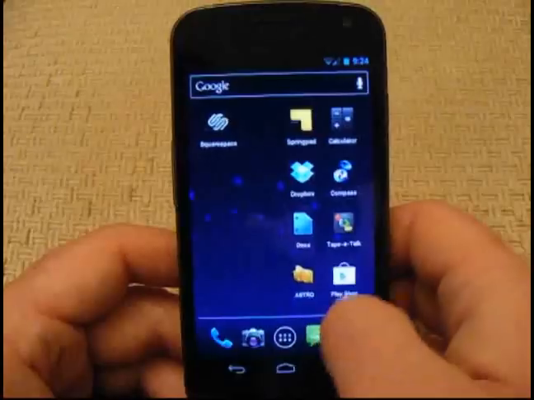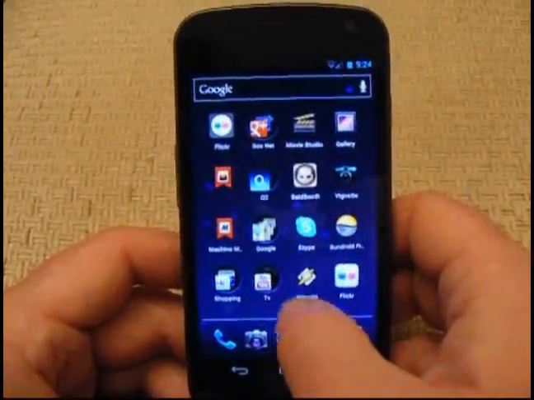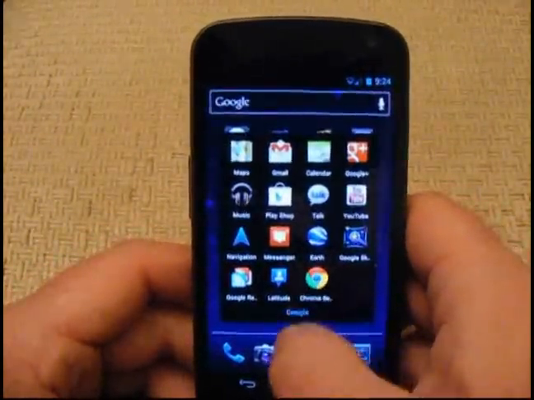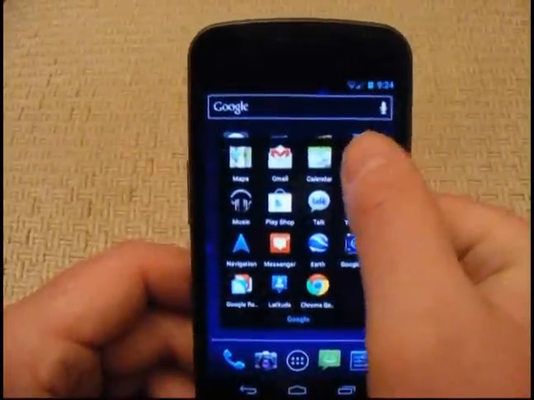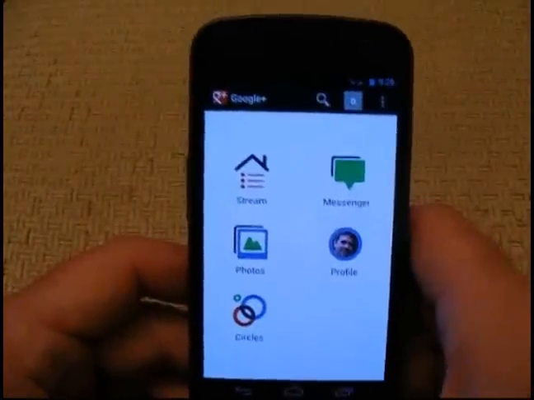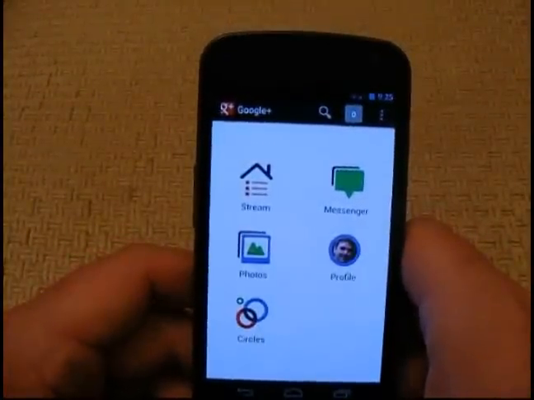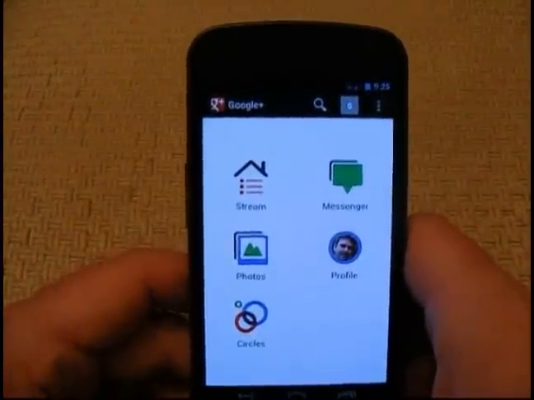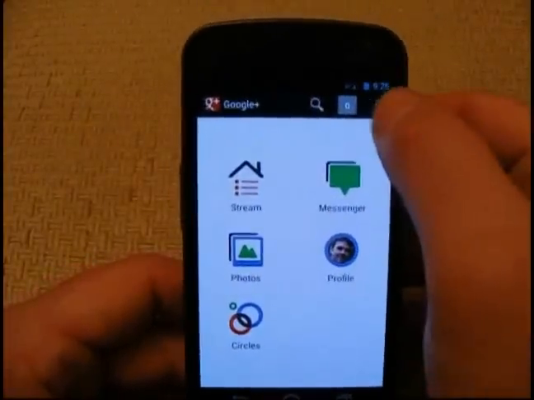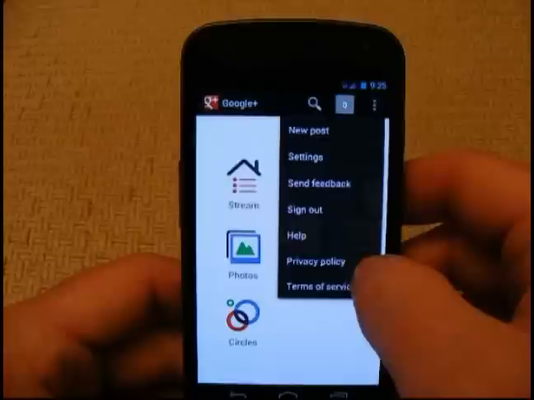Another important one is Google Plus. Everybody who's got an Android phone should have Google Plus installed on it, even if you don't use Google Plus, because what it does is, as you're taking photos and videos, it uploads them to the web and creates a backup for free, which is fantastic. The problem is, though, that's going to be using data. So what you want to do is, again, go into the settings,